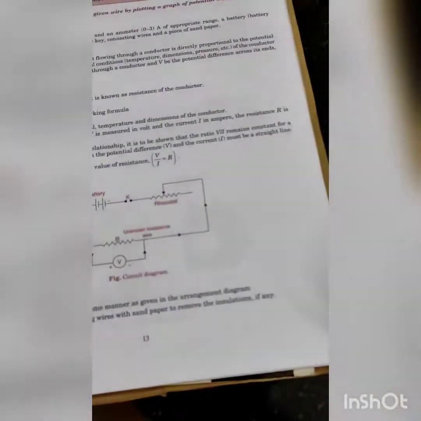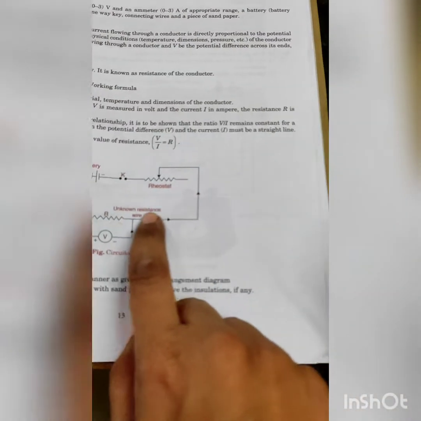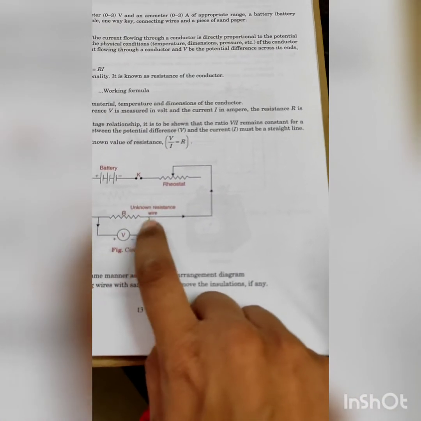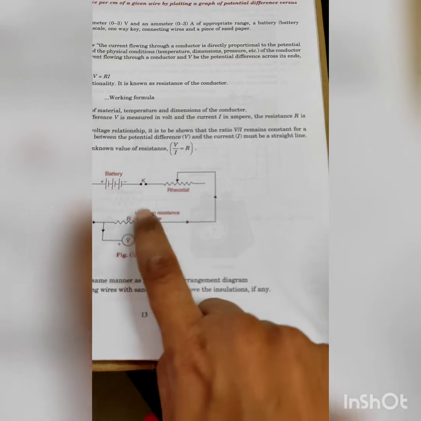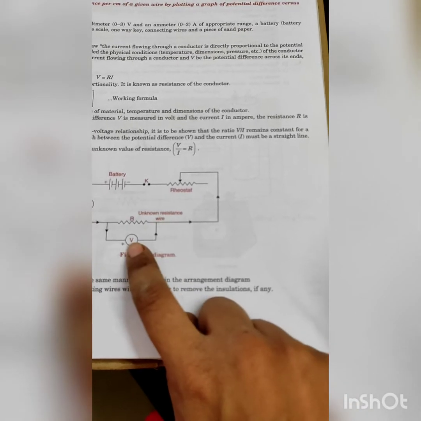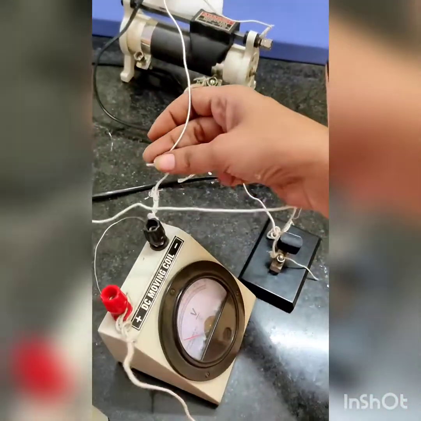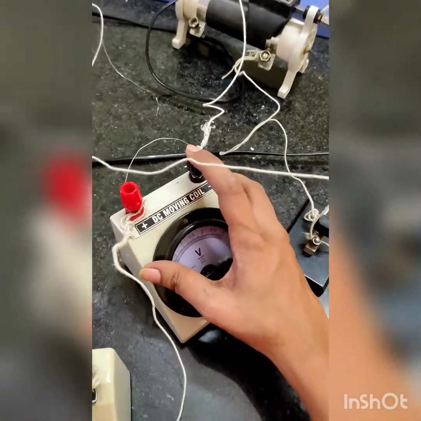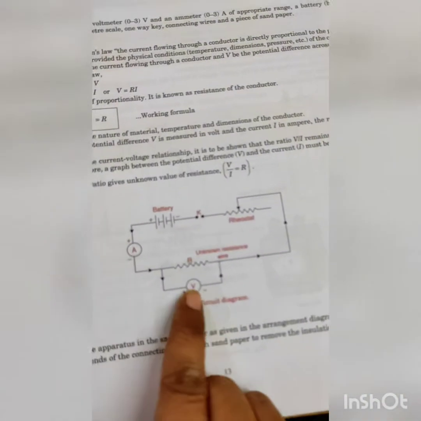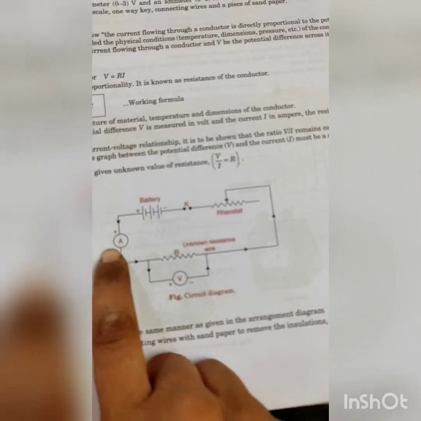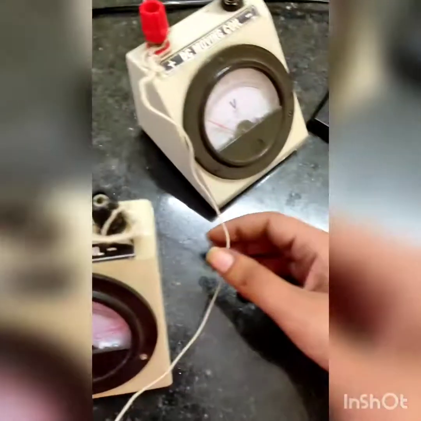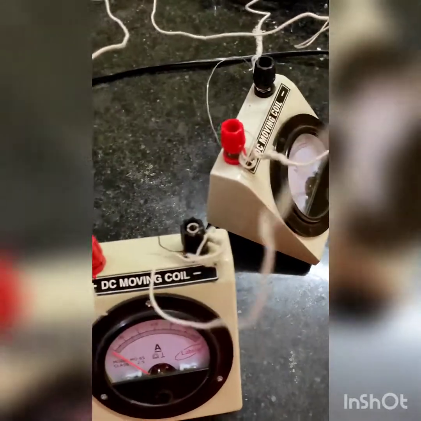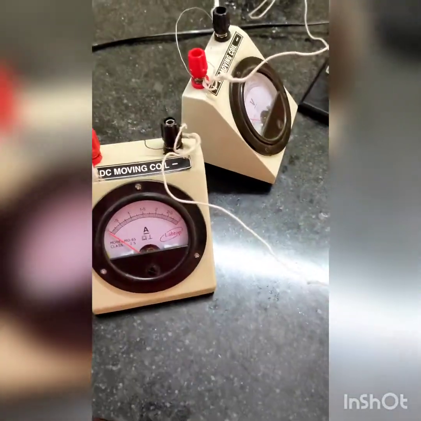Okay, now where does the rheostat's next end go? It goes to the resistance wire or the voltmeter, because the resistance wire is connected to the voltmeter. The resistance wire is not a device, so it is connected to the voltmeter's negative terminal. So this is the rheostat end and we are connecting this end to the voltmeter's negative terminal, that is black. We are connecting it to the black, and the voltmeter's positive terminal is connected to the ammeter's negative terminal. So the wire connected to the voltmeter's positive terminal is connected to the ammeter's negative terminal.